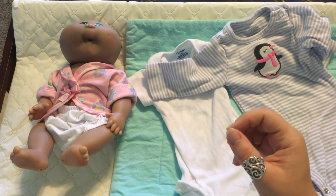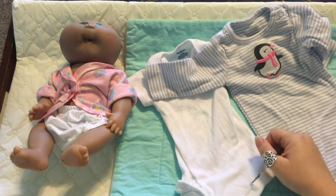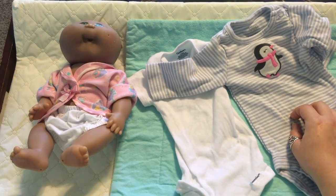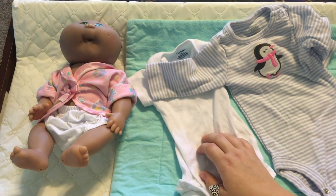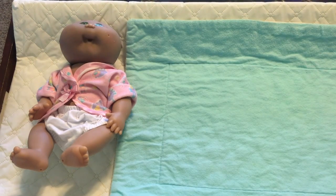Carter's, Gerber, Circo, all these different brands, they're all gonna be very inconsistent. I've even found inconsistencies between Carter's at Walmart and Carter's at Target and Carter's in the Carter's store, for example. So just be mindful that even though it says the same size, 2 different brands or 2 different styles may fit your baby differently. The other thing I wanted to show you is actually a little bit of a warning,